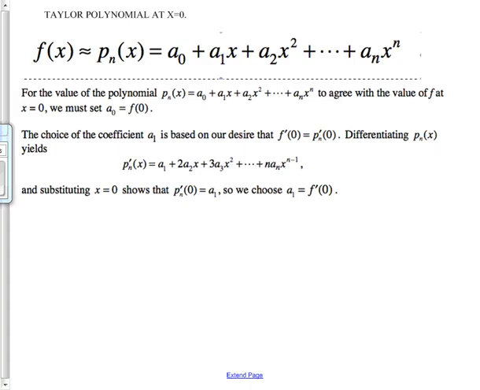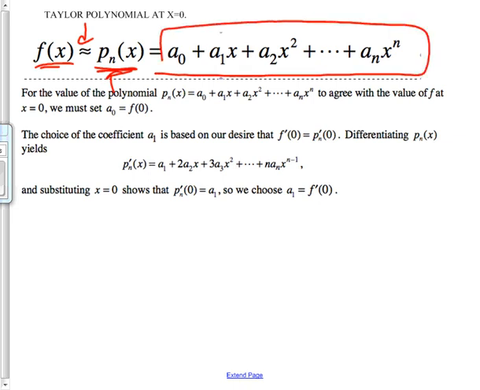Well, so this is what we were just looking at. We have our function, which we're approximating as a polynomial function of degree n, and this is what a polynomial looks like. And we already said that the first derivative and the second derivative and the third derivative and the fourth derivative must all equal each other